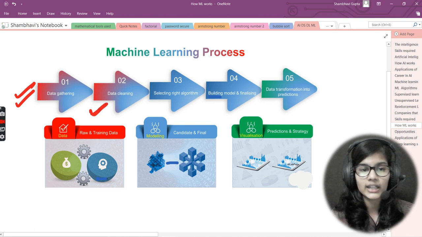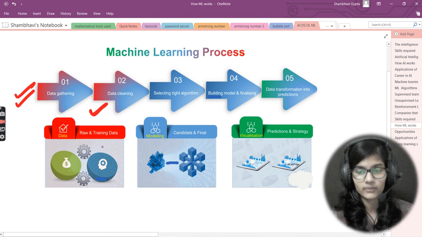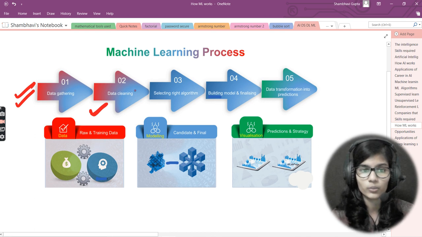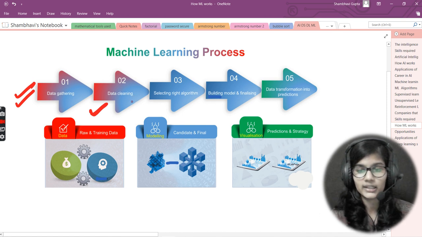Data cleaning is making your data in such a way that you can use it to train a model and come to a final output. That is what we call data cleaning, right? Cleaning your data in such a way that you can use that particular data afterwards. You cannot use messed up data, right? If you use messed up data, then the final accuracy which you're going to get will also not be okay, fine.